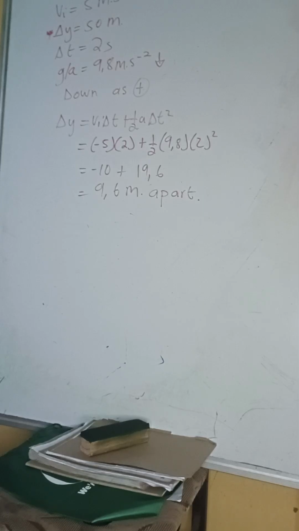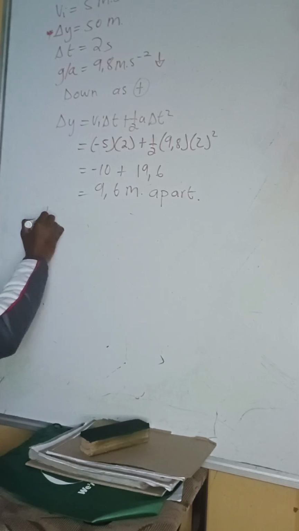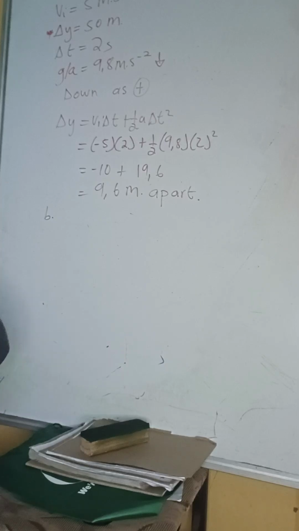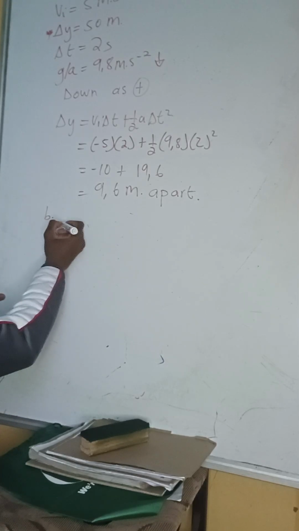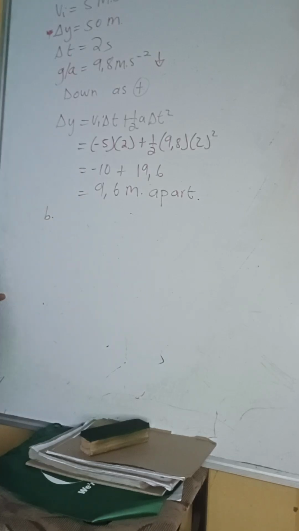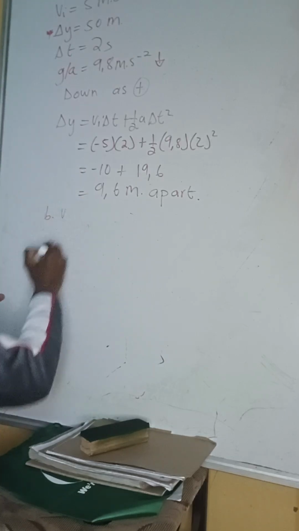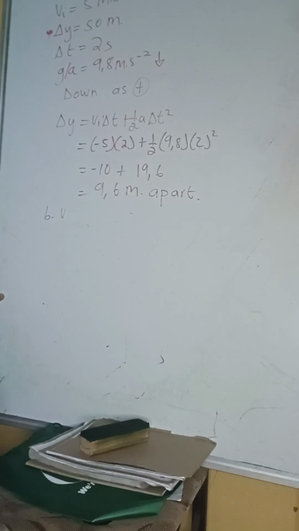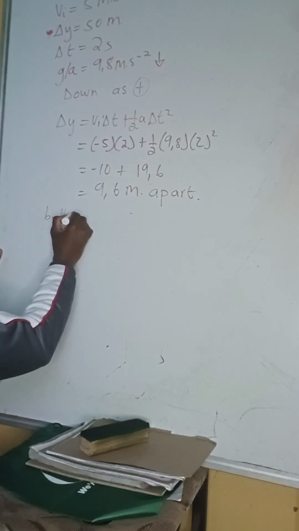And then from here, what do we say? The second question, letter B, says the velocity of the ball when it reaches the ground. Meaning here they are looking for what? Remember we have a V initial, so they are looking for V final. We're gonna say VF squared